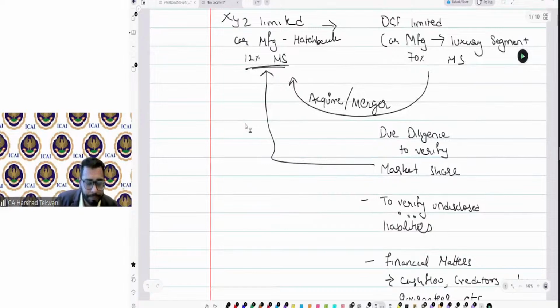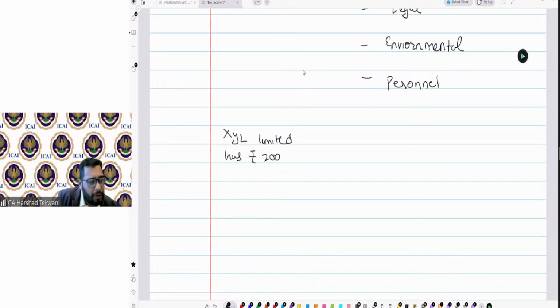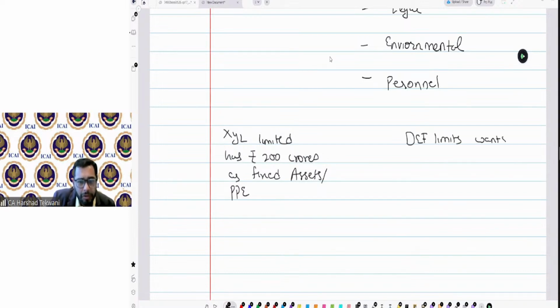So for example, let's say XYZ Limited has rupees 200 crores as fixed asset. Or you can say plant, machinery and equipment, PPE, property, plant and equipment. Now, another company, that is DEF Limited, wants to verify the PPE, PPE's condition